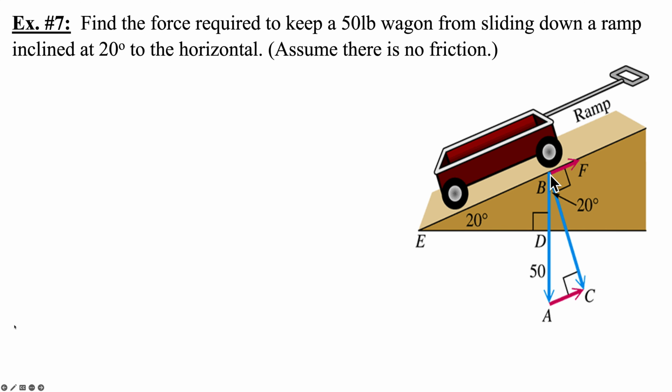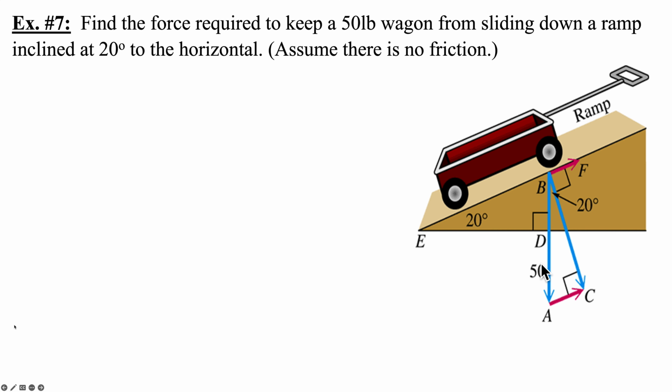So vector BF is the vector needed to keep the wagon from rolling down the ramp. That's what we're looking for. Now at this point B, and again, you usually go from a contact point with the wheel to measure this all up. There are 2 downward vectors going due south, I mean due south, perpendicular to the horizontal. BA